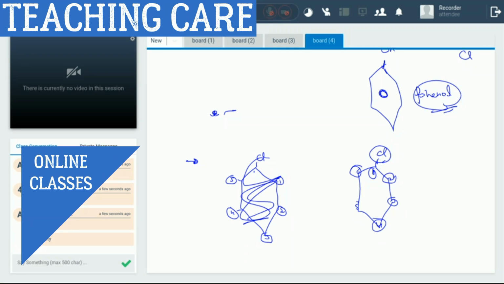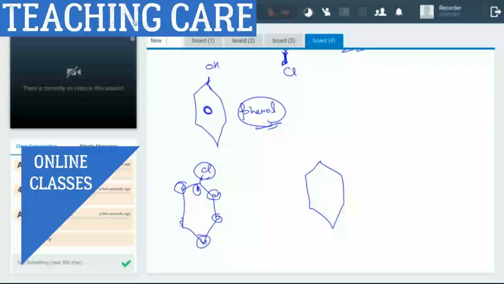Now, Matthew, if I say that there is a benzene ring, and there is an OH, and one chlorine is attached here, and suppose one chlorine is attached here. What is the name of that compound? How exactly would you name that? Since there's one chlorine in the para position and another one in the